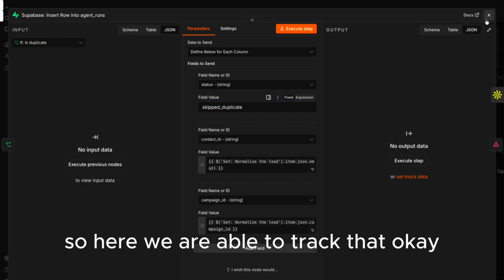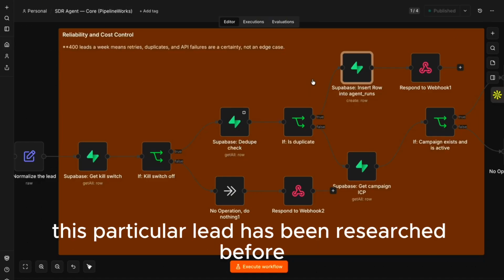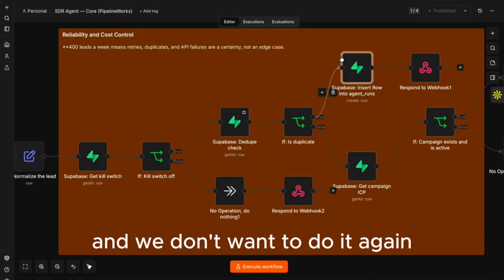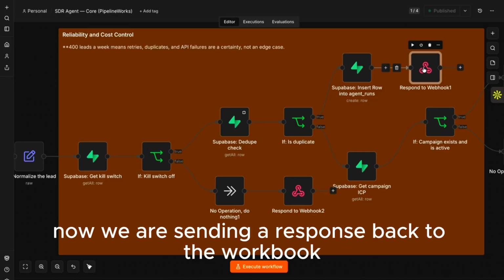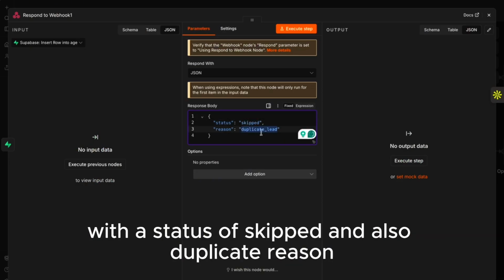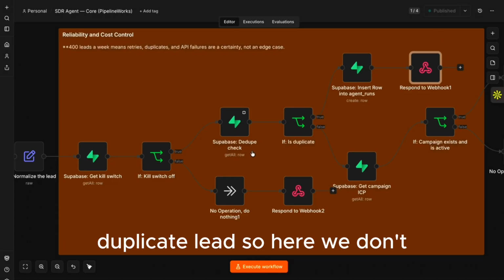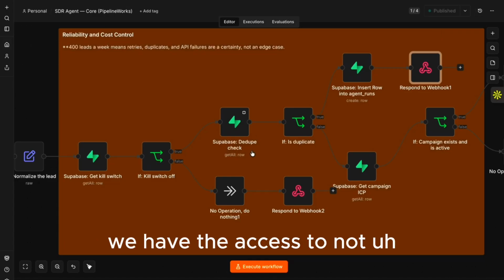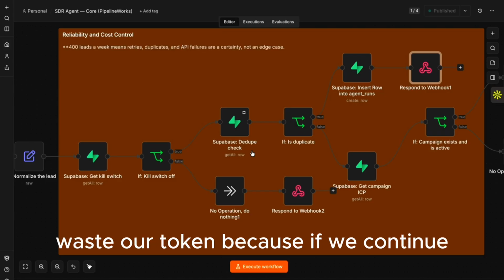So here we are able to track that, okay, this particular lead has been researched before and we don't want to do it again. Now we are sending a response back to the webhook with a status of skipped and also a duplicate reason, duplicate lead. So here we have the access to not waste our token,